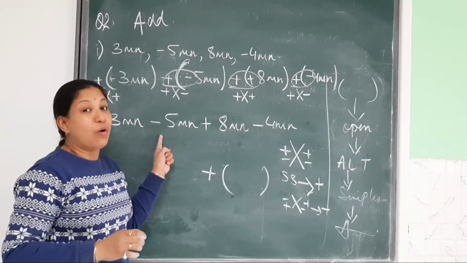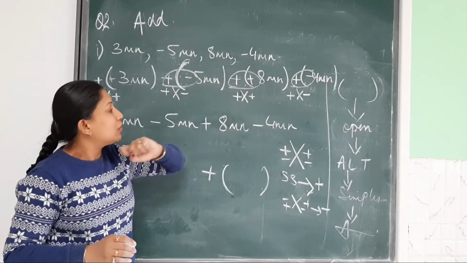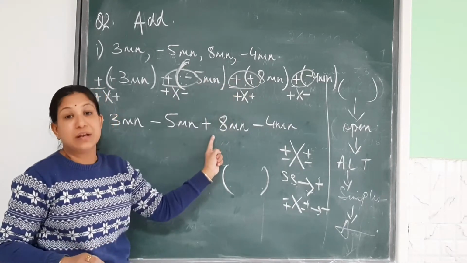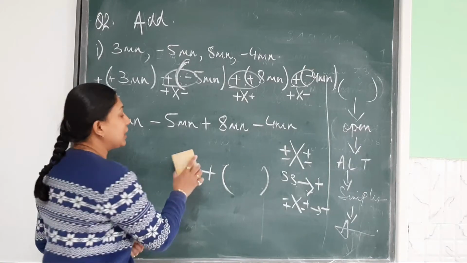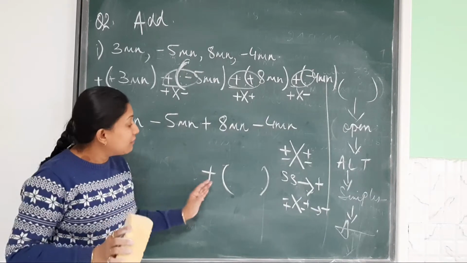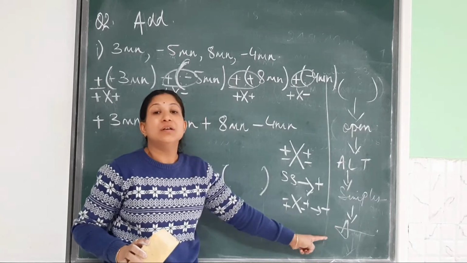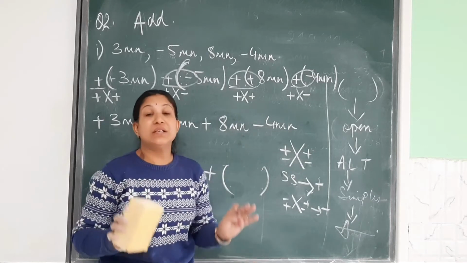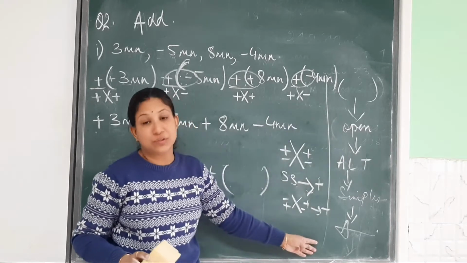But this is not the story always. If suppose here we would have a negative sign, what will this become? This will become entirely different. This will then become a negative term. This is why I taught you to put the bracket and then only solve. These things you can write down in your notebook. Rather, I suggest revise these 5 easy steps 5 times. Children, these steps will give you the answer for every question of this exercise or any exercise, any question which is based on algebraic expressions. Finally, you have to do this only, okay?